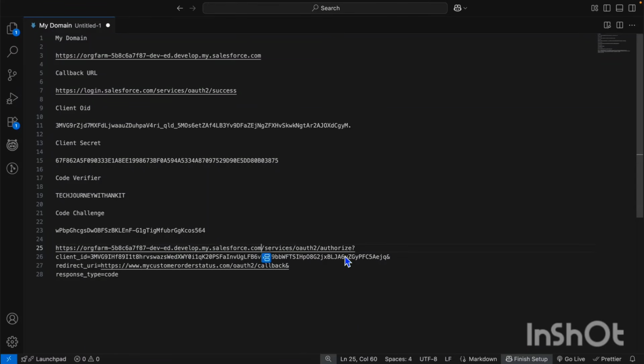Followed by the slash services OAuth to authorized client ID. That's the reason I took everything at one place so that I don't have to look for the details again and again at the different places. So here I am putting my client ID, right? After that, I do have my redirect URI. My redirect URI is